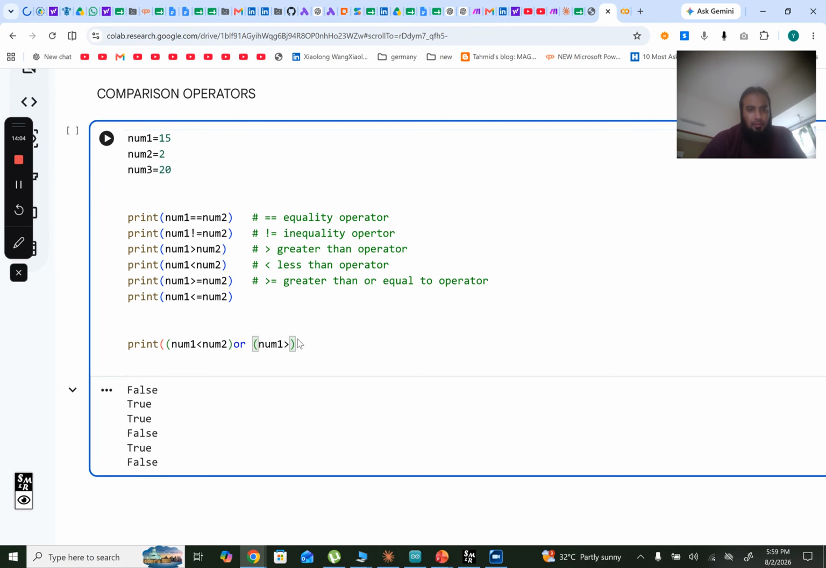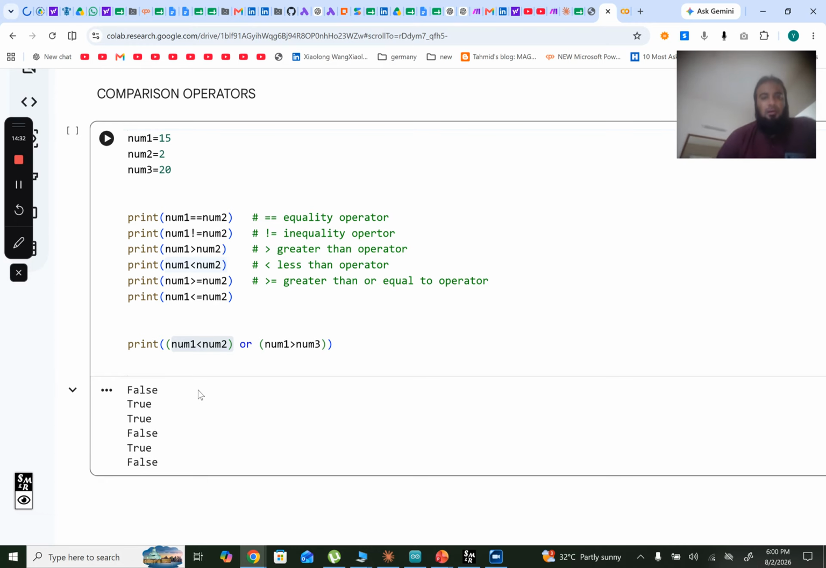this is called compounding comparison statements, num3. Okay, this is one statement, num1 is greater than num3, and this is another statement, num1 is less than num2. Well, let's see what these brackets are, blue brackets are for the print statement. Okay,